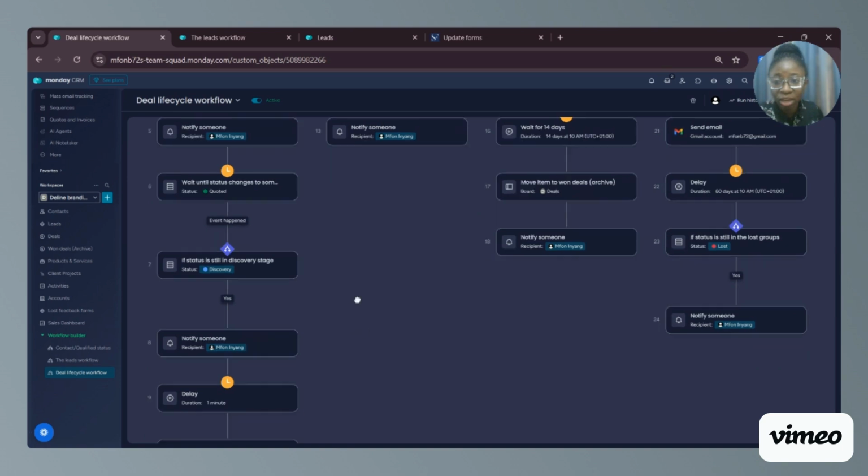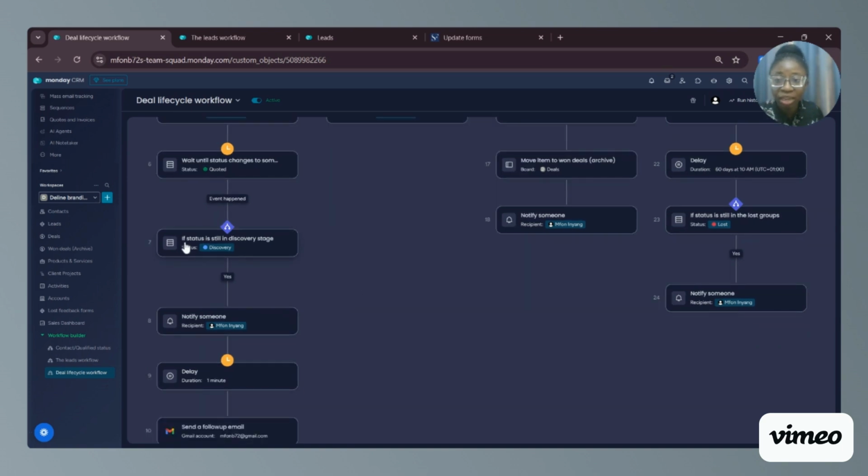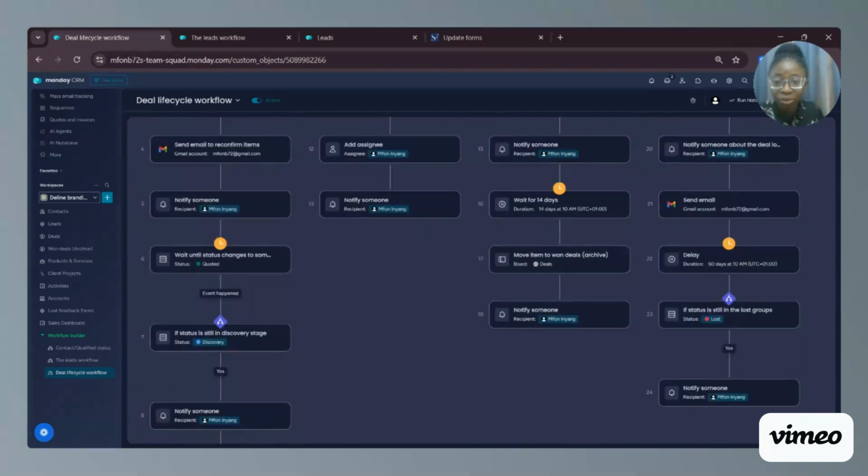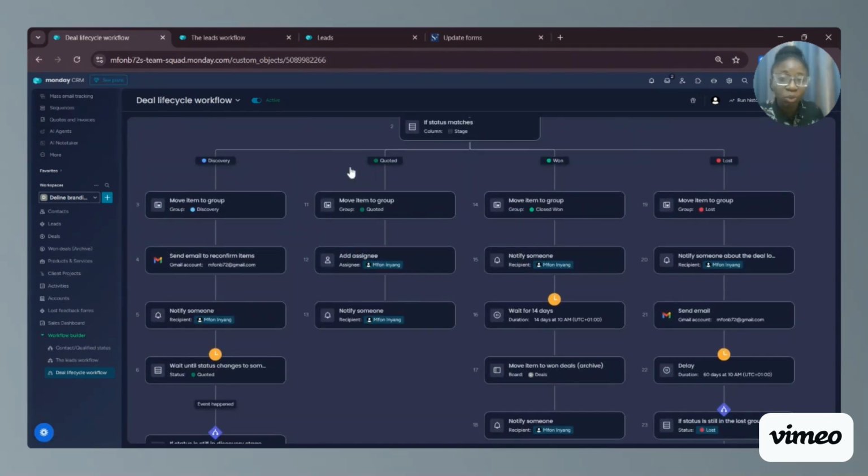And if we wait for maybe 2 days, and then if the status is still in discovery, we notify me, for example, then delay and send a follow-up mail. So now what happens when the status is in quoted? That's the quoted stage. You move the item to a group, add an assignee, which is me, and then notify me to prepare a